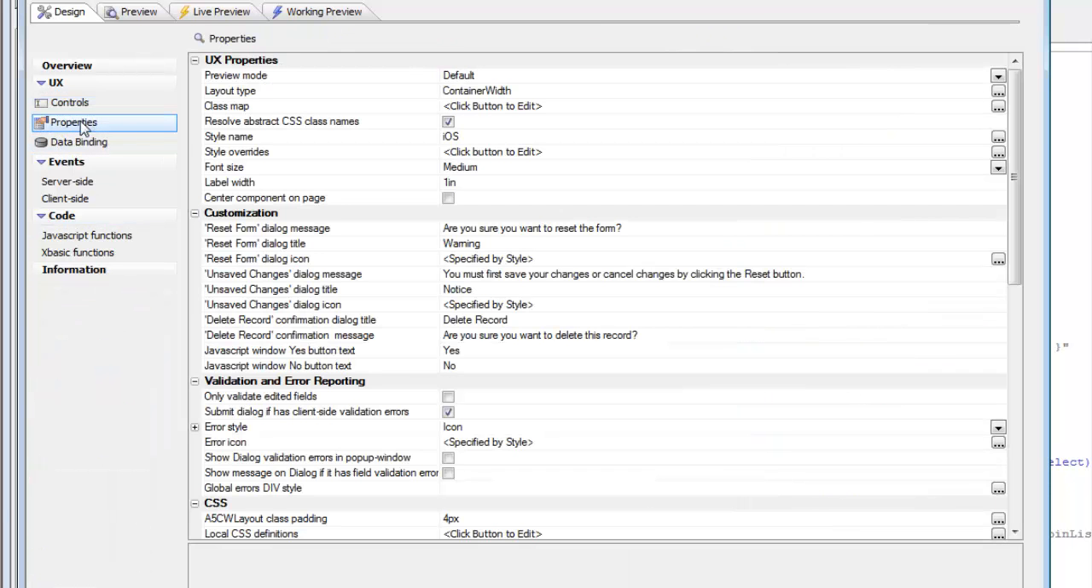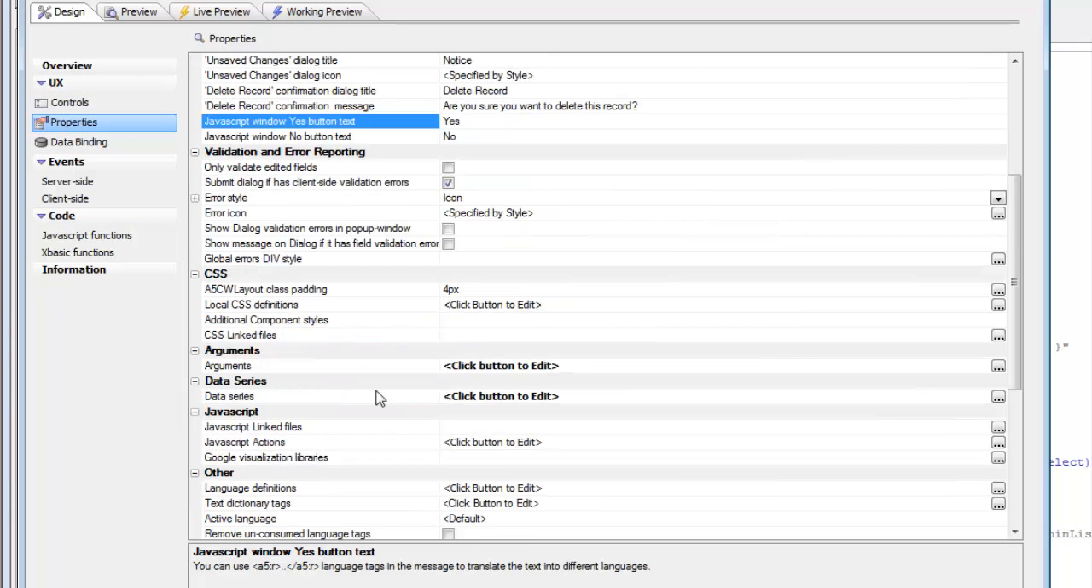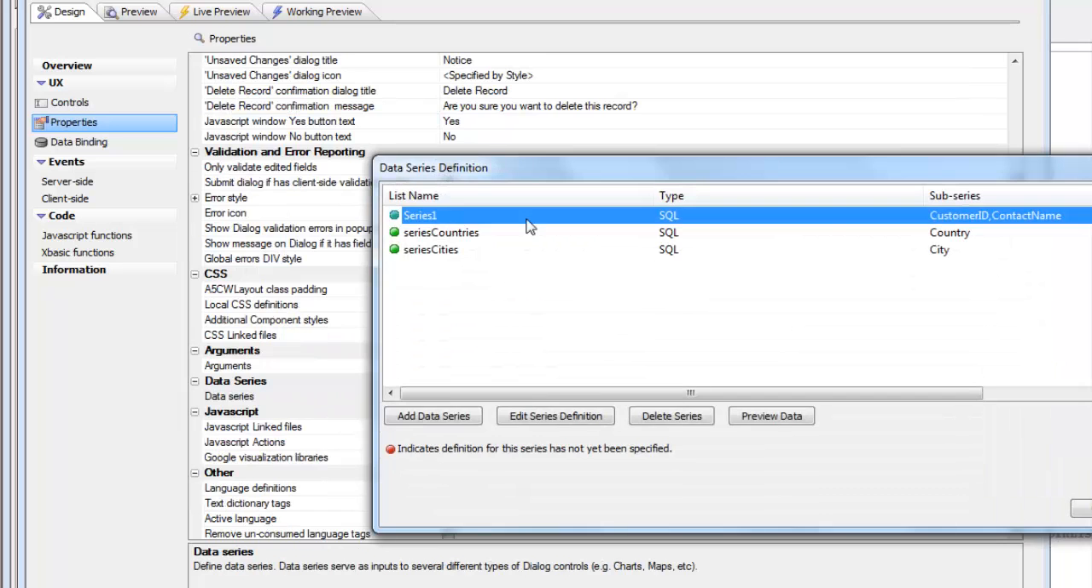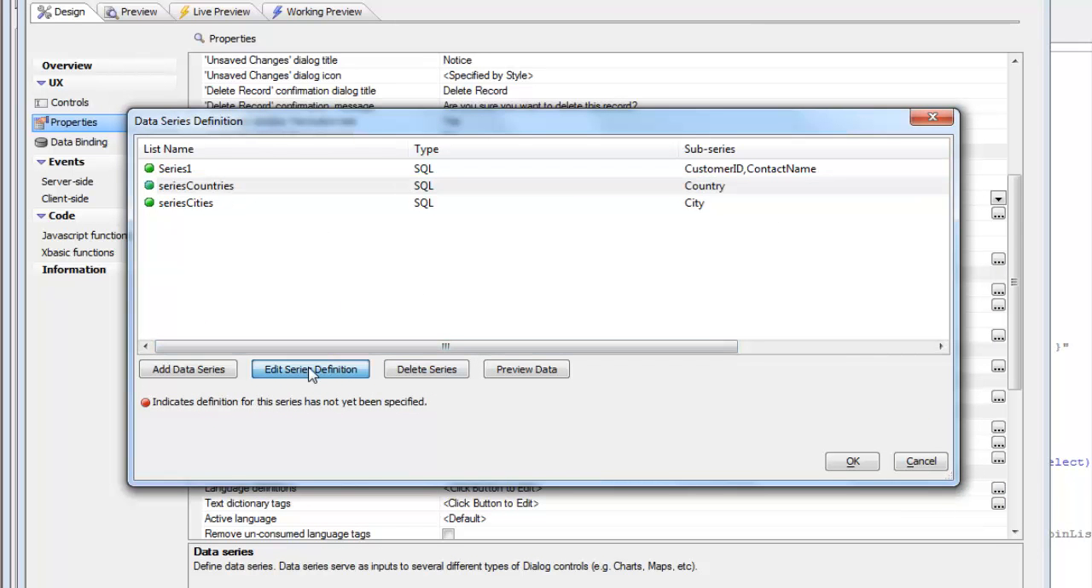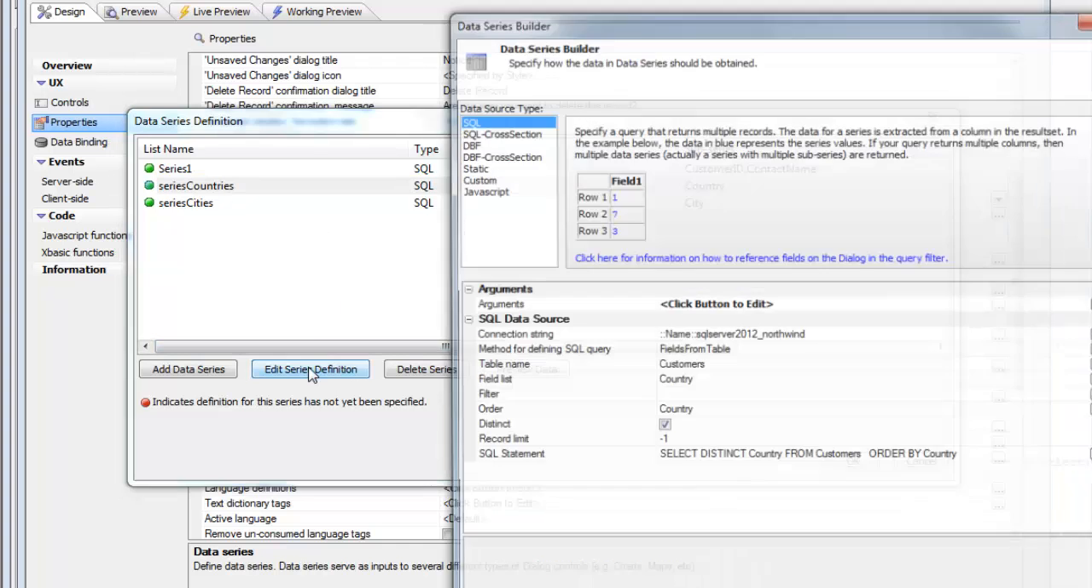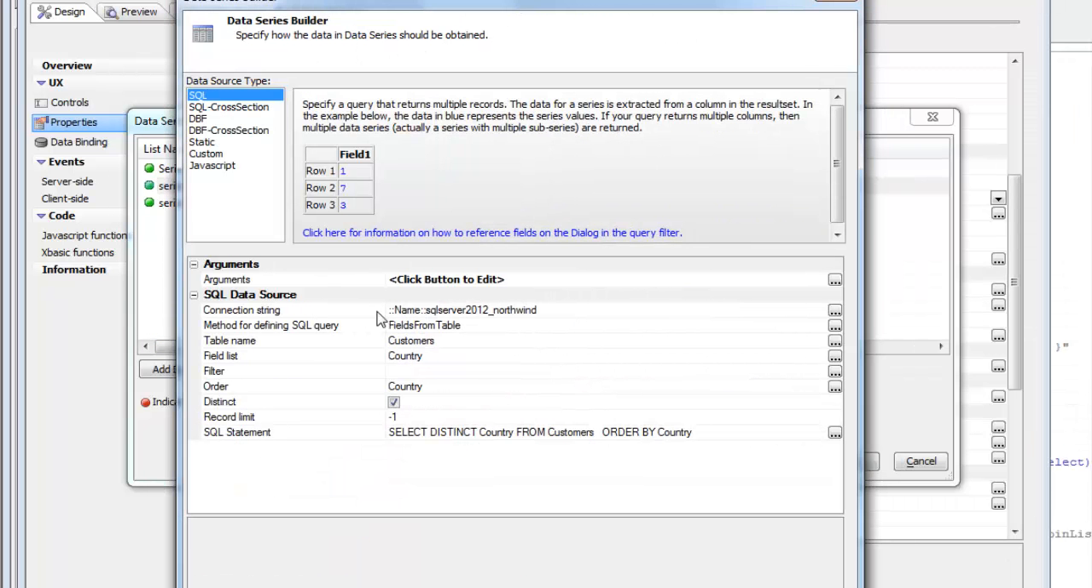So we'll scroll down now to data series, and you can see that I have a data series called series countries, and if I edit that I'm going to see that it's based on a SQL query. I'm going against the Northwind table over here. I'm going against the customer table in Northwinds. I'm getting the country field sorted by country, and I want only distinct values. So that's how we've defined the